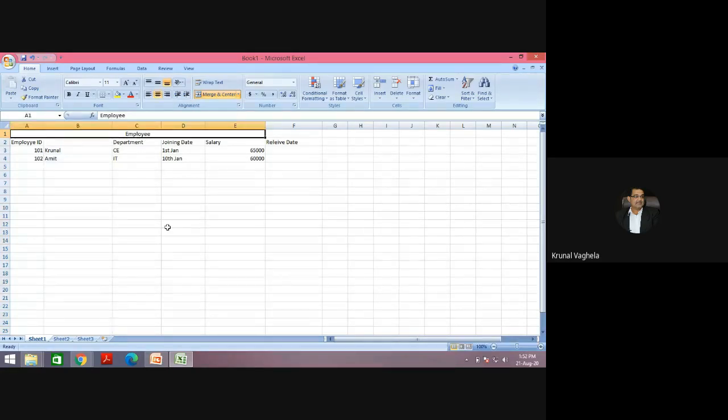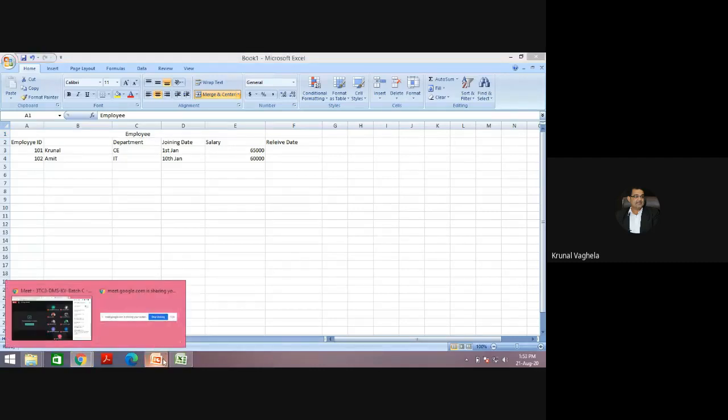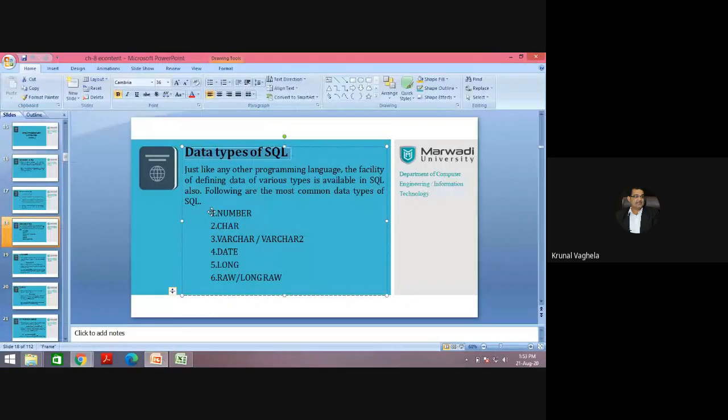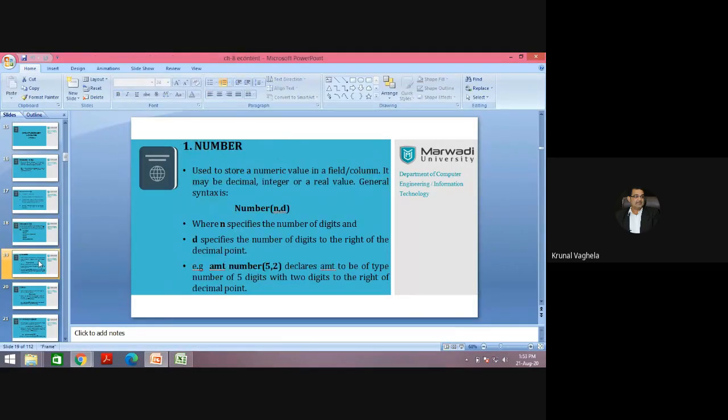SQL has 6 types of data. Let's see. Number, obviously.